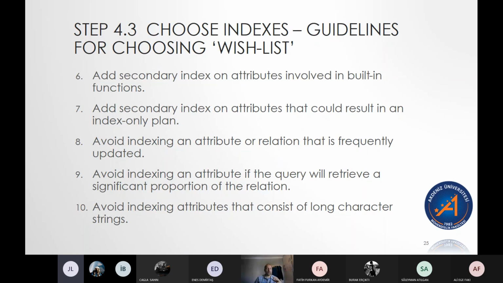A good index will also, every once in a while, revisit what the data looks like to create that page structure again. Okay. We also want to avoid indexing any attribute if we're going to get a large proportion of the rows. If we query a particular table and one attribute will get us lots of data. Okay, so for example,